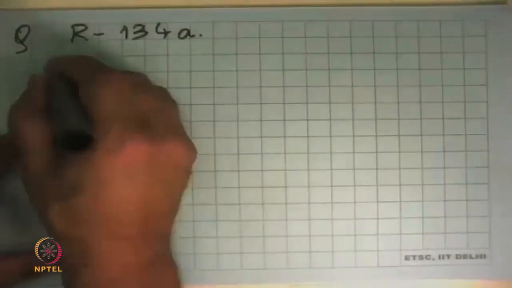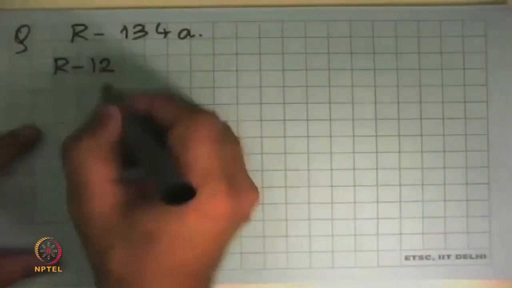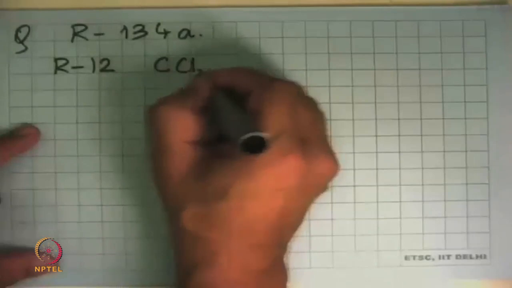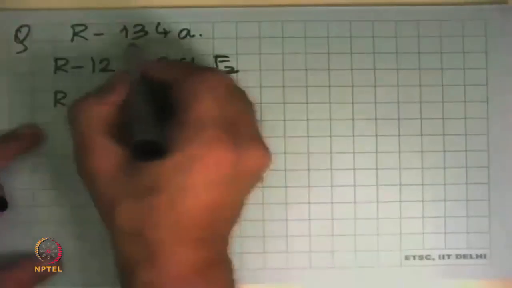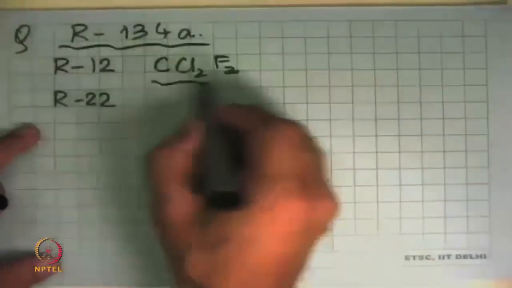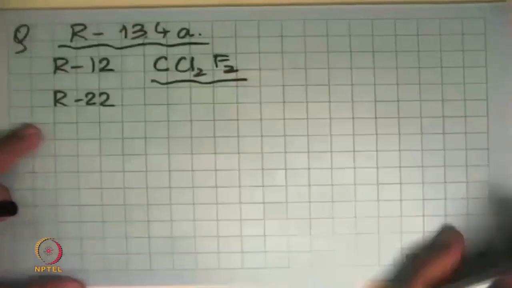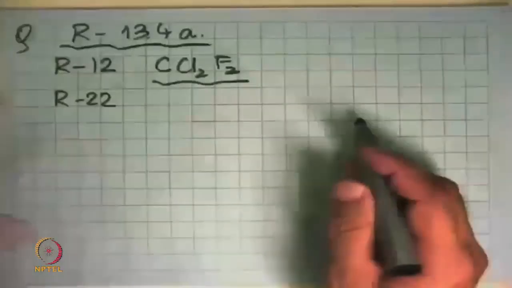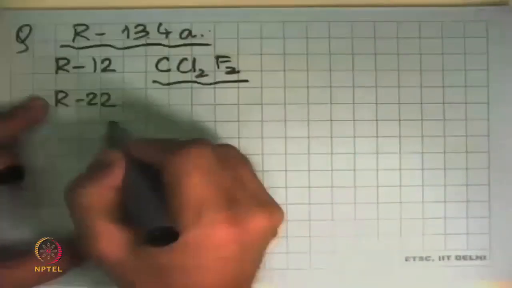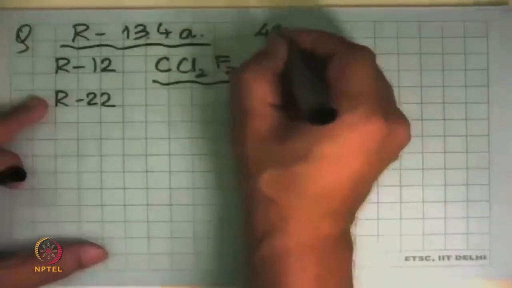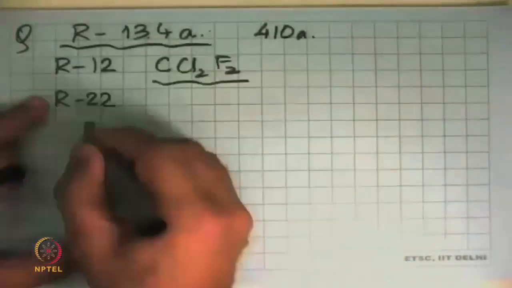So very quickly to tell you a history of these things, it started off with various refrigerants like R12, which is now banned. This is CCl2F2. Then you got R22, there is something else. So there's a formula by which we convert this molecular structure into this number. So from there, you can look up the web or literature anywhere and you can figure out what is the molecular structure of R134A or R410A or things like that.